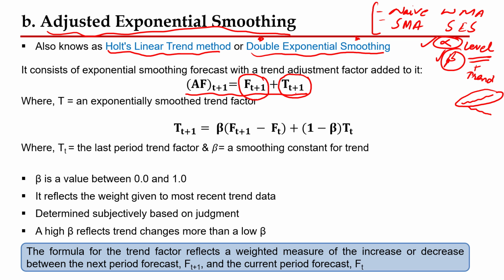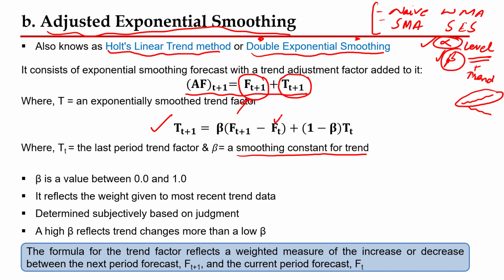The trend component for the next time period is equal to beta, the smoothing constant for the trend, times the difference between FT plus 1, the simple exponential smoothing forecast for the next time period,